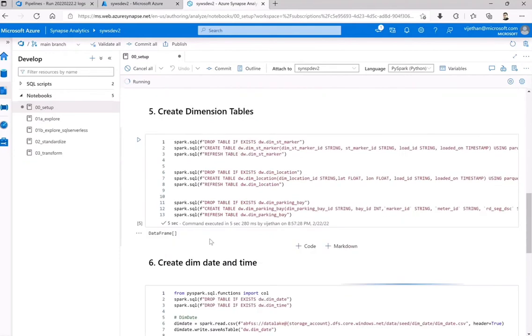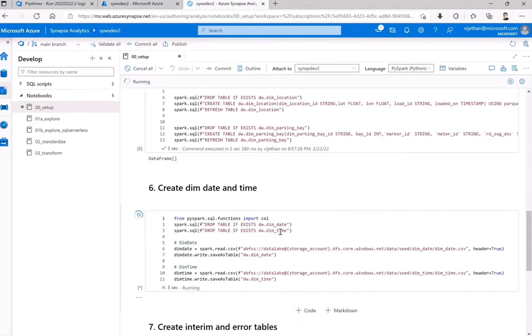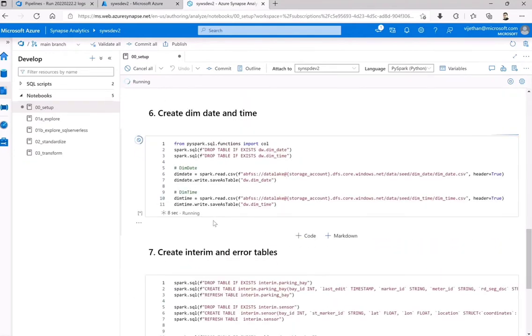So this all is done fine, right? It is trying to get the source data, which is nothing but the CSV files, semi-structured files.